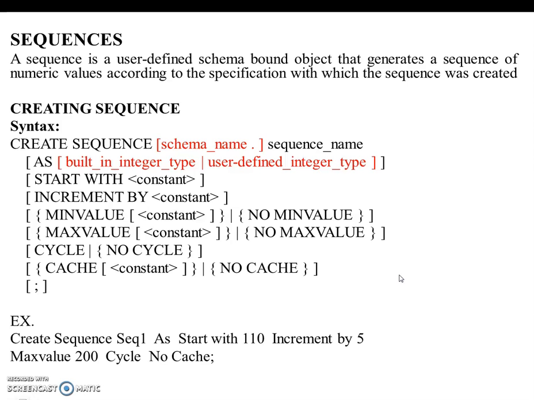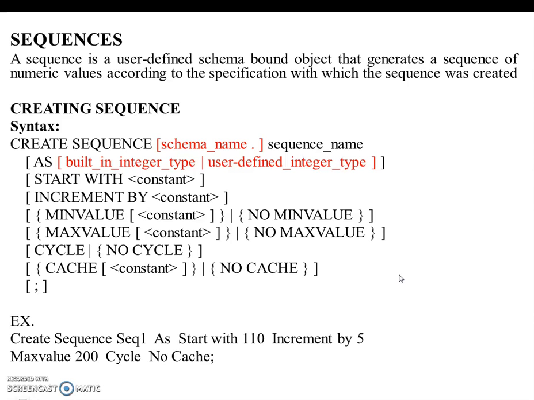Hello friends, in this session we will discuss the next database object, and that is nothing but a sequence. Generally, a sequence is used to generate automatic number values. So when we have a particular table, for example employee or student, for employee ID can be in a sequence manner, like for a student table roll number or enrollment number can be